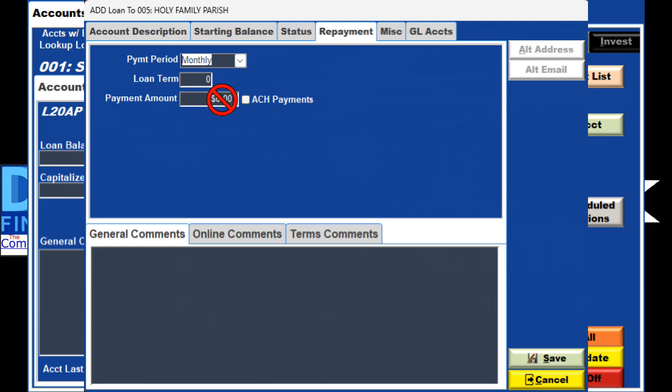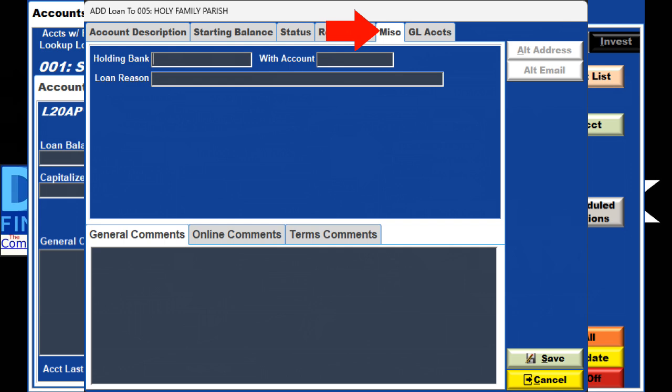You cannot enter a payment amount since it is calculated, but you can check the ACH payment option to prepare for future functionality, where the payment will be entered into an ACH file to draw the funds from the location's bank account. Clicking on the Miscellaneous tab will provide any fields that are to hold information that really has no